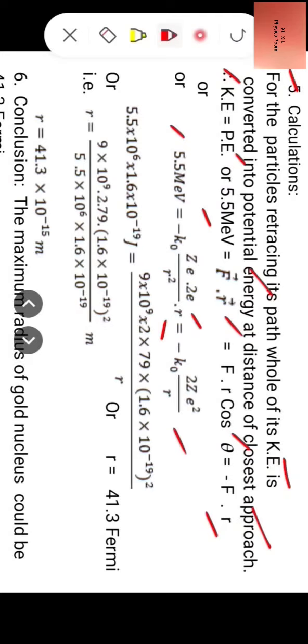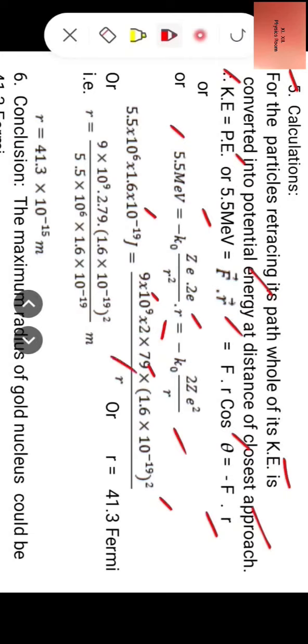Now we substitute the values. 5.5 × 10⁶ × 1.6 × 10⁻¹⁹ joule. Here we convert 5.5 million electron volts into joule. And for K₀ we write 9 × 10⁹, 2 as it is. For Z we write 79 because Z for gold is 79, into (1.6 × 10⁻¹⁹) whole squared, which is the charge on a proton,